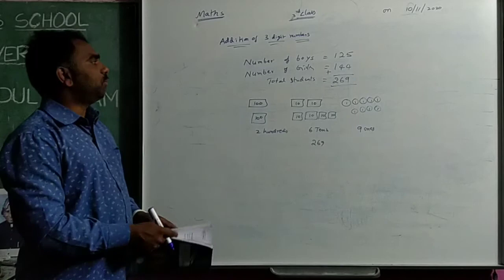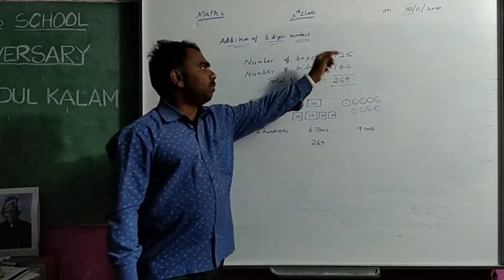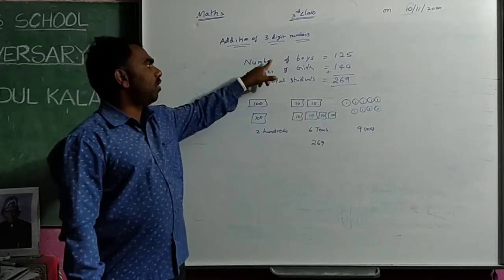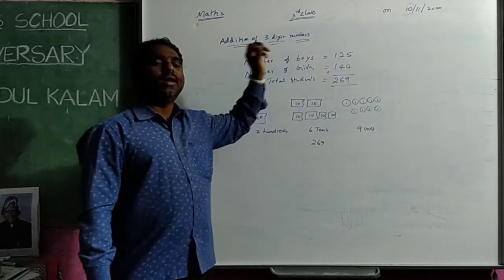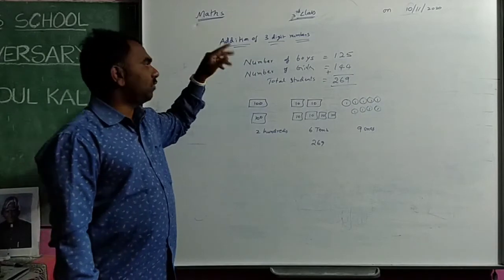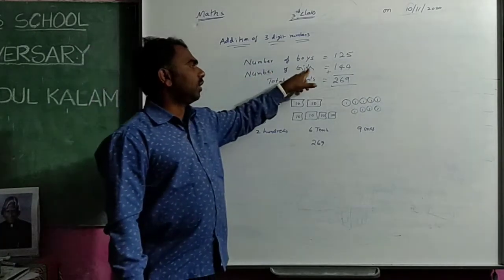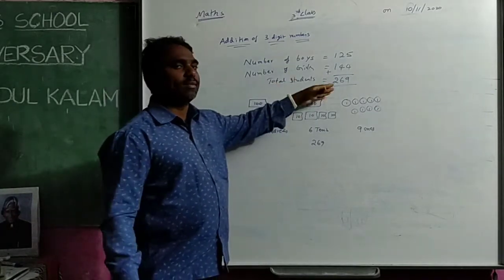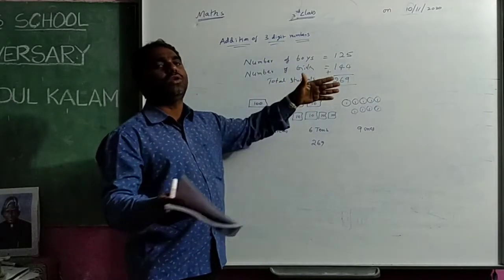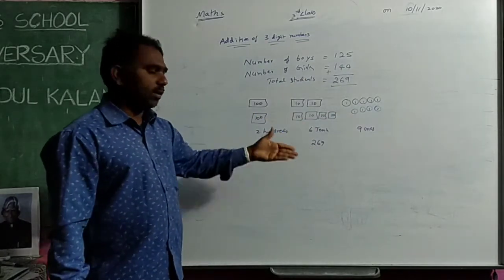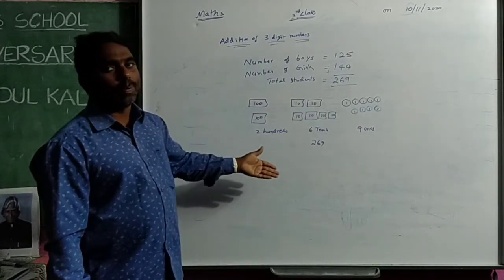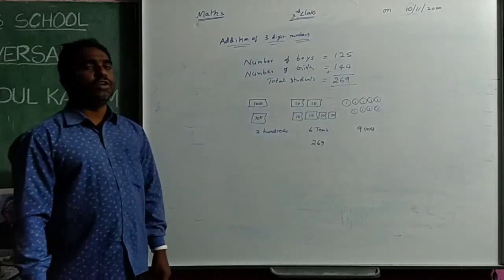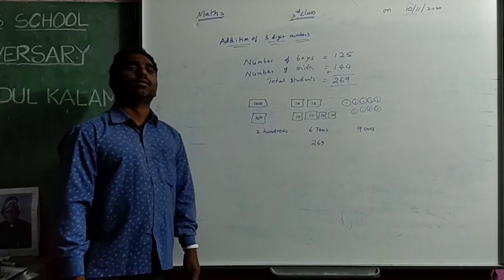In Timmapur school 125 boys are there. That's why I have written number of boys. 144 girls are there. That's why I have written number of girls 144. Then total number of students means all together, so we need to add. That's why the practical method. Just now I told you how to do the practical method. I have done it and given the answer. Stop the video for some time and write it down.